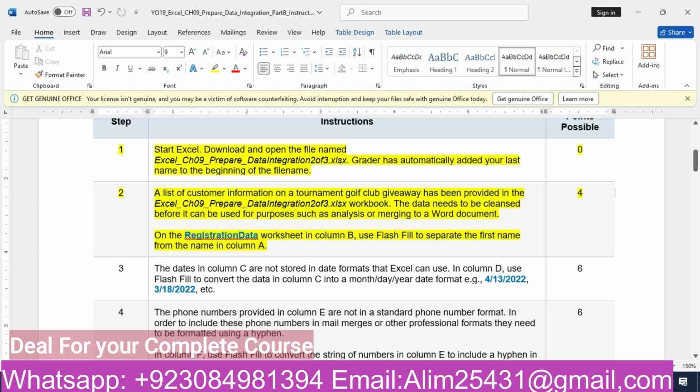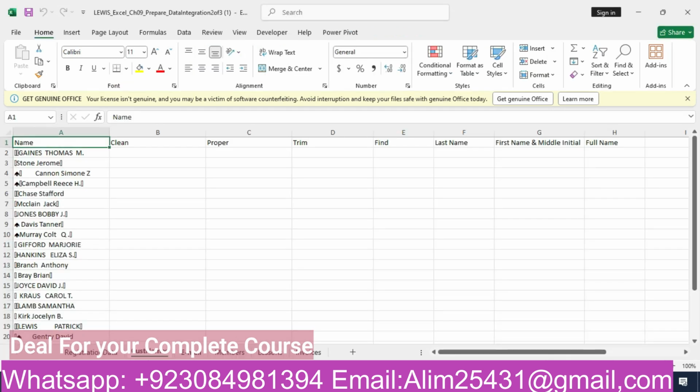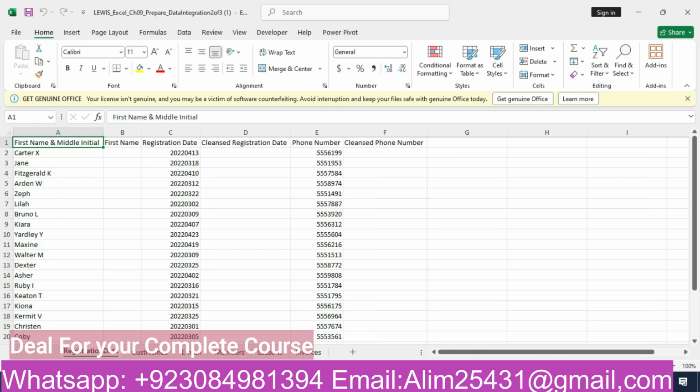Now we will move to our second step. A list of customer information on tournament golf club giveaway has been provided in the Delta Integration 2 of 3 workbook. The data needs to be cleaned before it can be used for purposes such as analysis or merging to a Word document. On the registration data worksheet, so we will move to our registration data worksheet. That's our registration data worksheet. What he is saying,